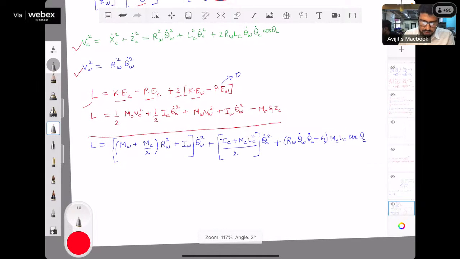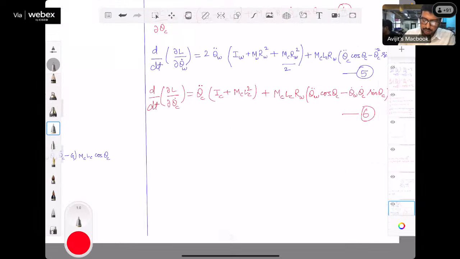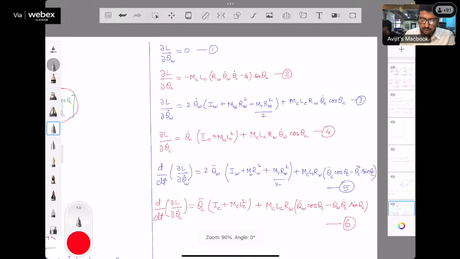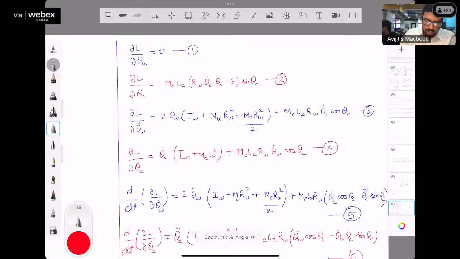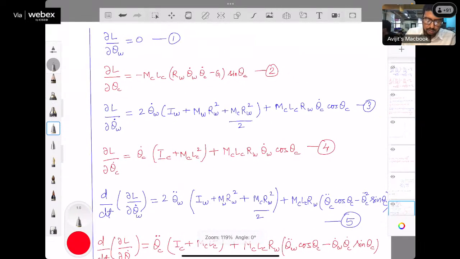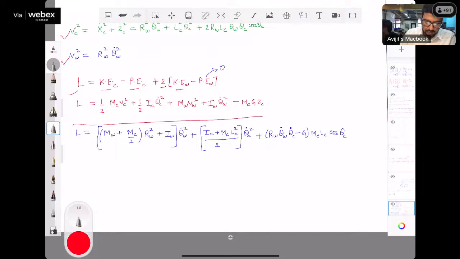So once we have calculated L, we will move on to calculate the Euler-Lagrange equation. If you remember, the Euler-Lagrange equation is stated as d by dt of del L by del Q dot, minus del L by del Q, is equal to F. So what things do we need to calculate? We need to calculate del L by del Q and del L by del Q dot, and further d by dt of del L by del Q dot. Okay. So how do we do that? Using this equation,